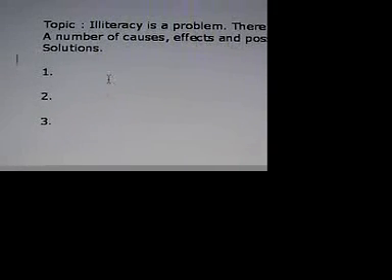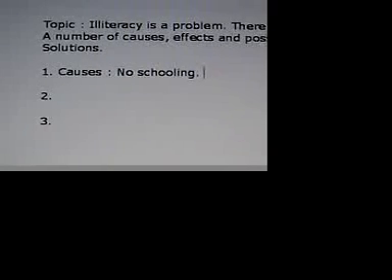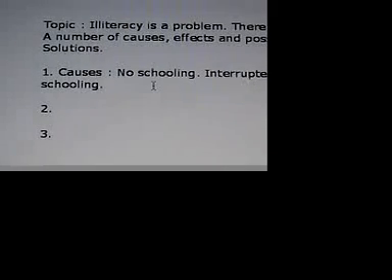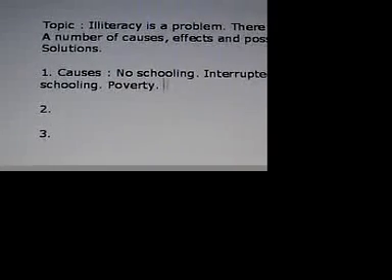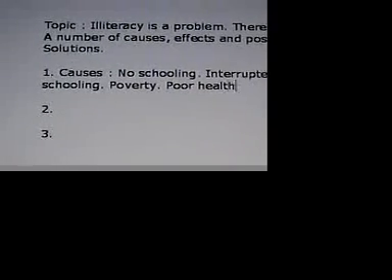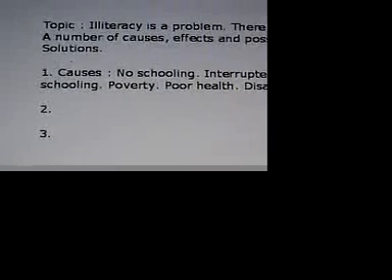Okay, so our first paragraph is causes. The causes of illiteracy could be no schooling or interrupted schooling. It could be due to poverty, poor health, some sort of disability,